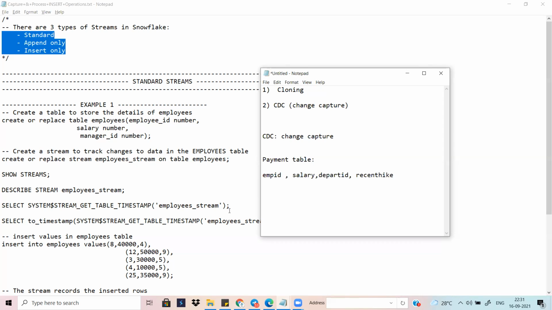Once you are loading the data into this table, we have some data, but those data are real-time data. For example, this employee is currently working in company X. He is moving from company X to company Y, another company. In this case, we have to update those transactions in the table, right? This way we need to maintain the data periodically. So that is change capture. This is a completely automated flow.